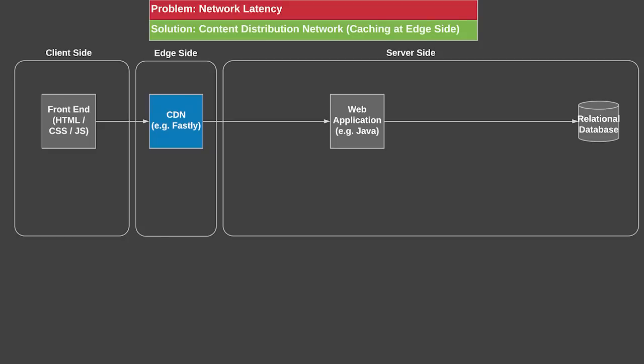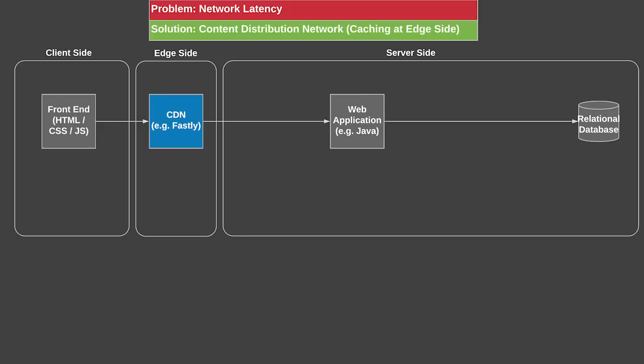So one of the first things is once the web application starts to reach a certain scale in terms of how many customers are accessing it, the latency becomes an issue. So your web application is not only serving the pages themselves, but it's also serving images, JavaScript files, CSS files, and all the static content that it doesn't need to serve. So a content distribution network sits between your web application and the client and usually serves the static content.